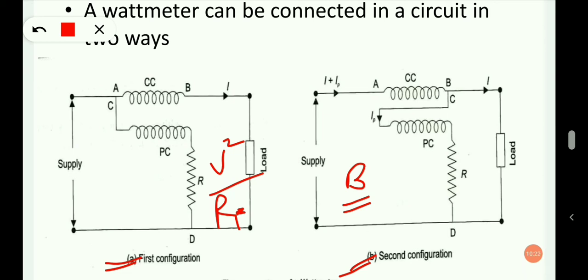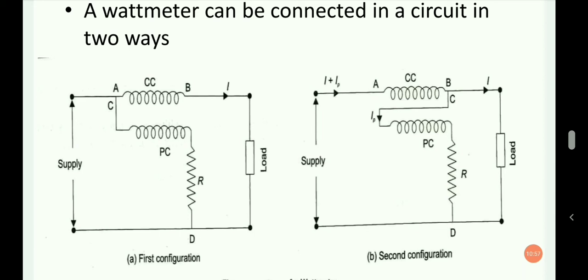For a constant voltage V, this loss is also constant and can be subtracted from the wattmeter reading to obtain the true power. So this is the reason for connection B, this one is preferable when power loss is taken into account. Now we will see the next error.